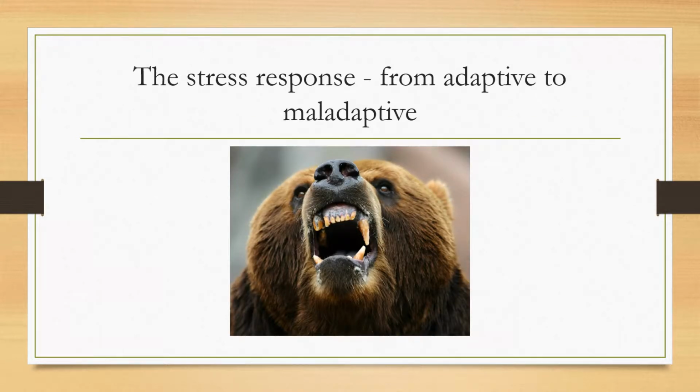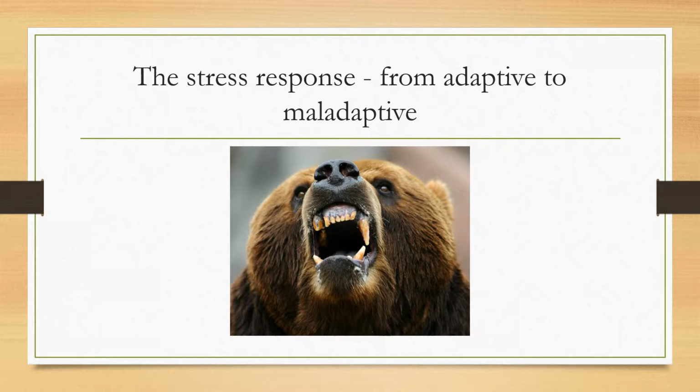You might be wondering how exposure to adverse childhood experiences can create long-term health outcomes. What happens in our bodies is that we've got this incredible thing called the stress response. You might have heard of it as the fight or flight response. When it detects a threat in our environment, such as this big scary bear, it sets off our protective brain, our amygdala, our limbic system. It tells us that we're under threat and that we need to fight. It sends a surge of blood and oxygen to our muscles to get us ready to fight or to run away, and it also